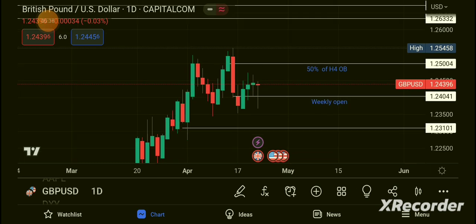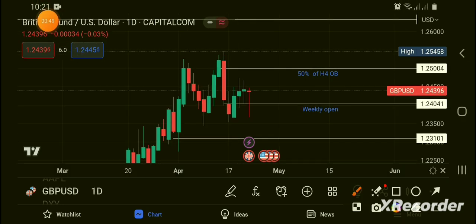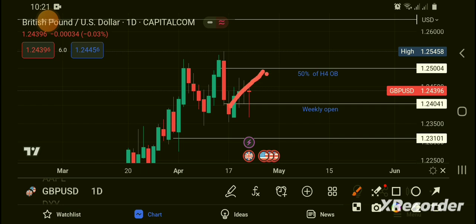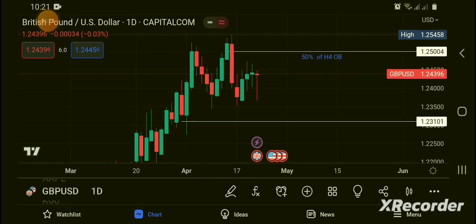So basically this new week, last week I was looking at price being bearish. So I was looking at price coming from, because this is where we opened last week, so I was looking at price coming from there to tap into this zone and probably drop to this zone here. Now my reason for that was this. Let me remove this. My reason for that was we closed